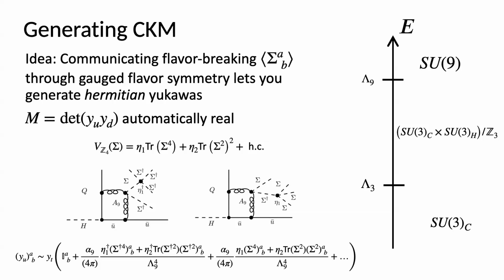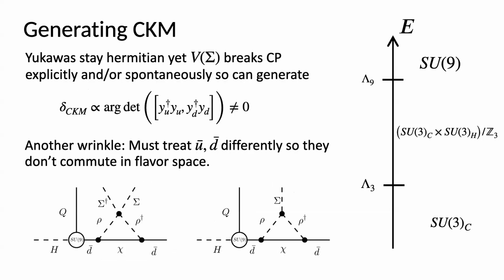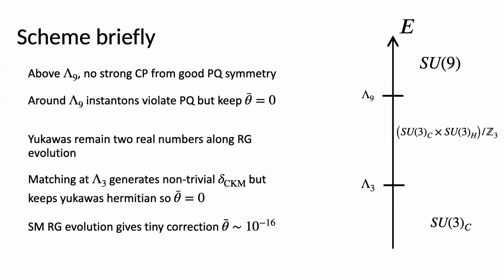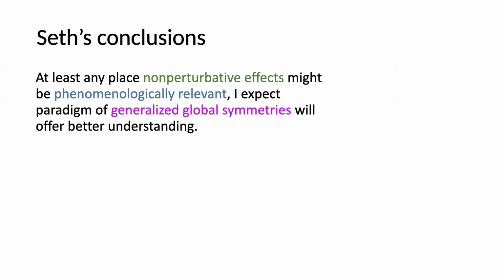And so this determinant of the product of the Yukawas is automatically real, although you can in principle get a general CP violation and flavor violation there. Okay, there's more for me to say, but I'm running out of time, so I can save this for lunch or when you want to talk to me later.